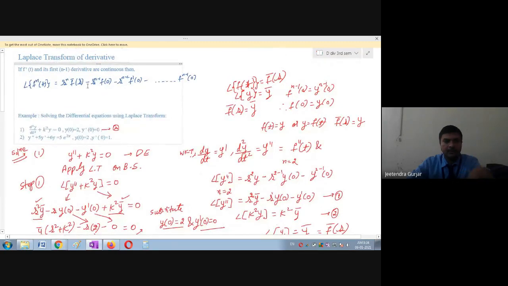Therefore, I am going to take y dash minus s raised to 1 minus 1. So 1 minus 1 means 0. So s cannot be 0. Therefore, these terms you are not going to get, because this is in terms of negative. Negative terms will not come. It is very difficult to simplify, or it does not exist. So therefore, we don't take this. Directly we go for f raised to n minus 1 of 0. But here you can see f raised to, again this is 1 minus 1. It is again 0.